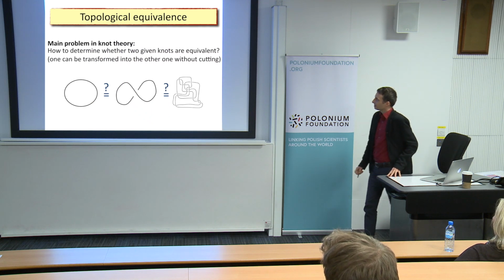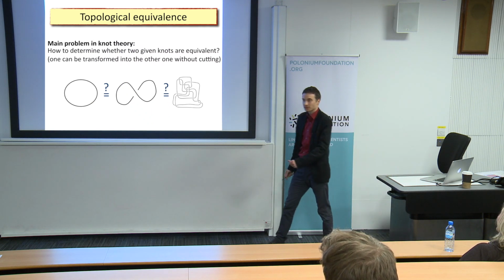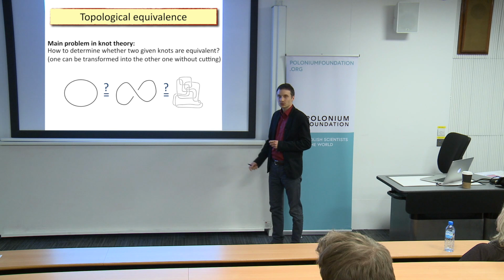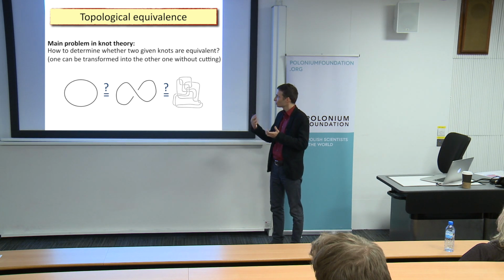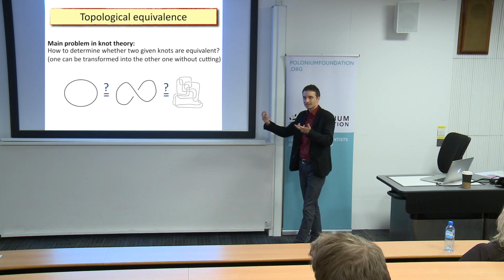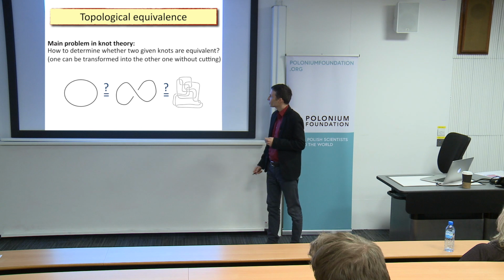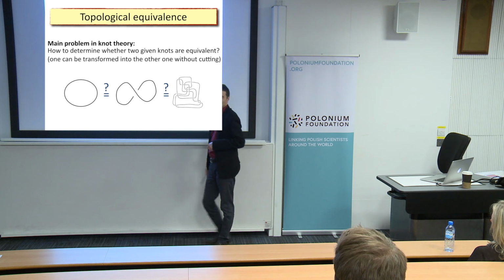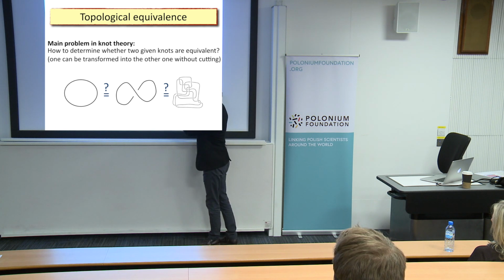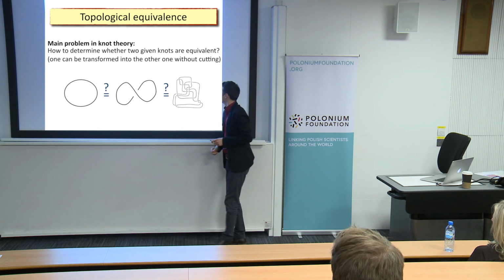And this is indeed one of the main questions or the main problem in this theory, how to distinguish whether two structures that you consider are topologically non-equivalent. By topologically, I mean that by those sequences of smooth transformations, you can transform one structure to another. So, of course, you see that this thing and this thing are equivalent. You can just untwist this thing and you get that loop.